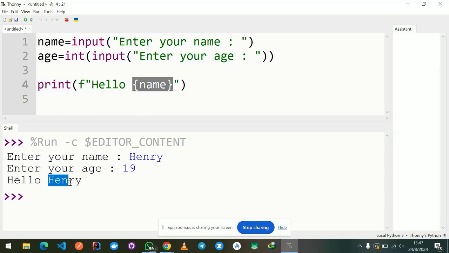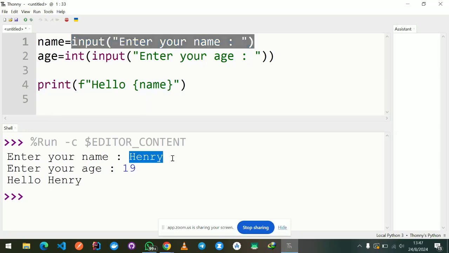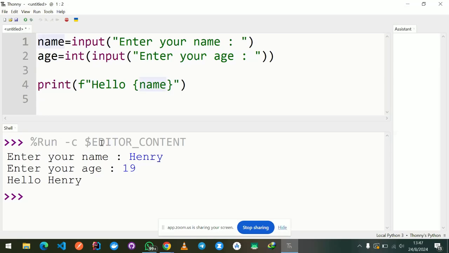So this is now being treated as a variable. But this variable, we have it here, and it has a value because that's the first thing that we did. We assigned a value to the variable name here. Then we assigned 19 to the variable age. Then we say now, can you print hello? But before you print name,